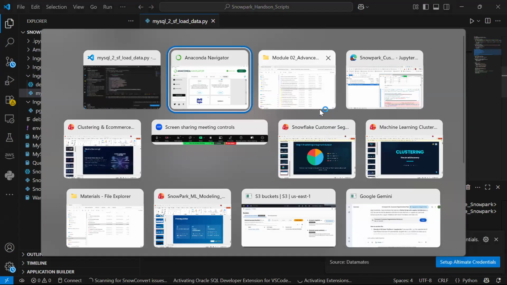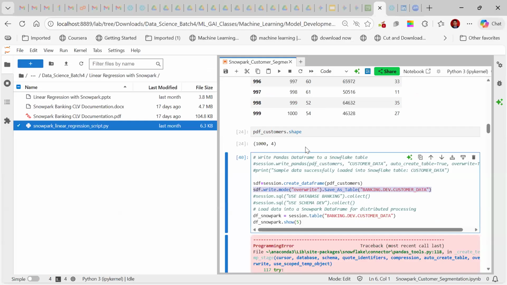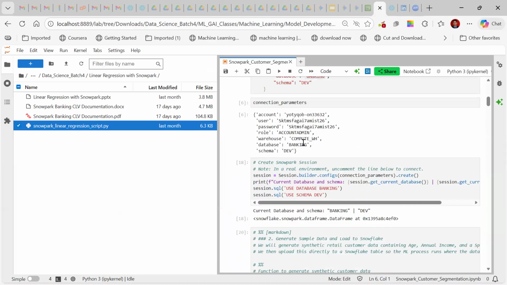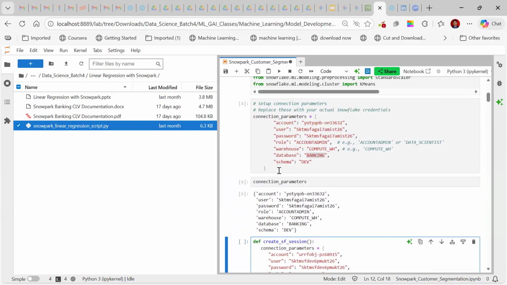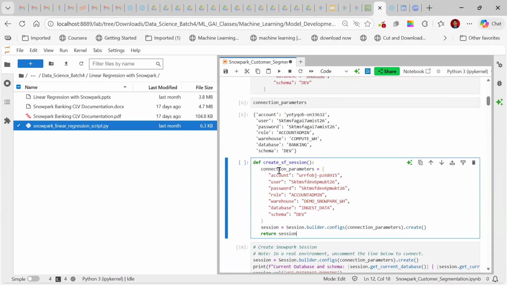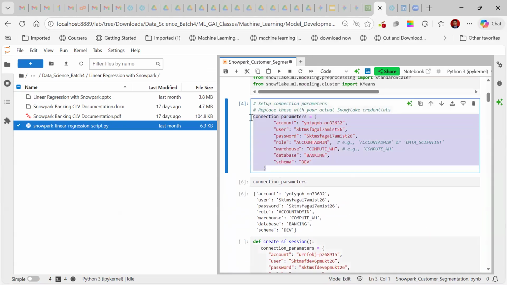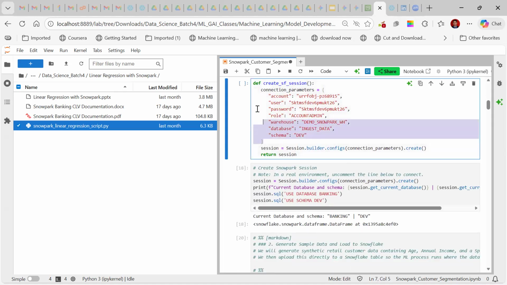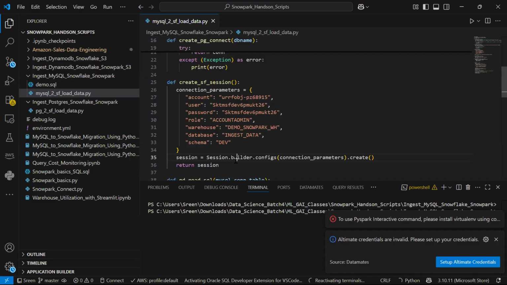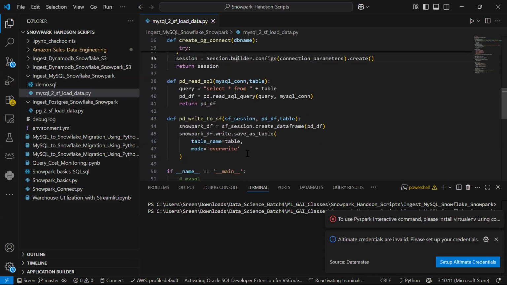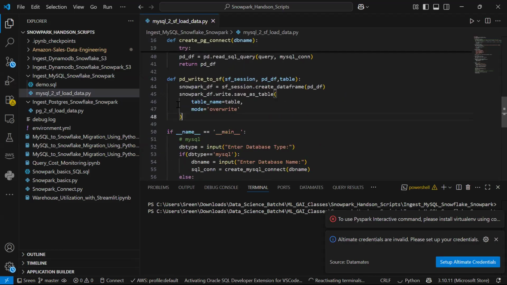This is going to create a connection. Okay. So this is okay. We'll use this also.